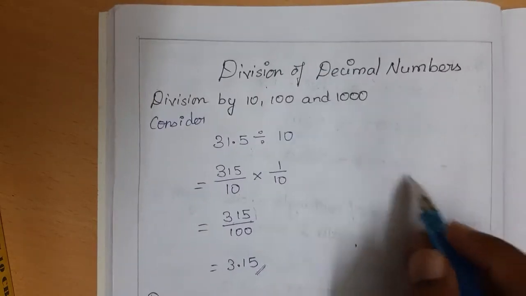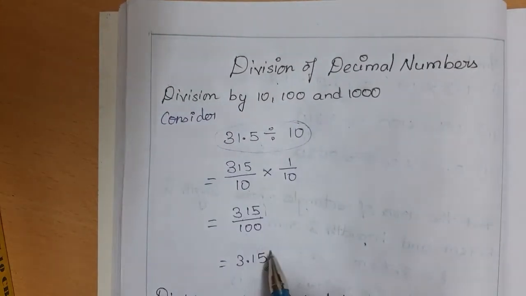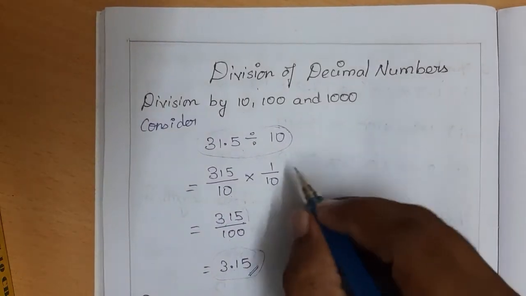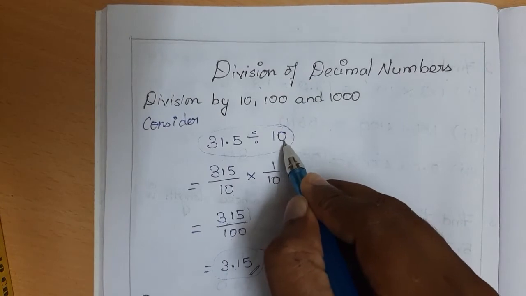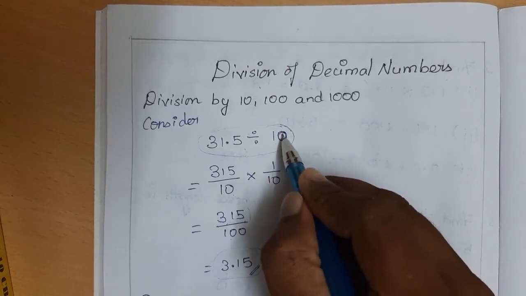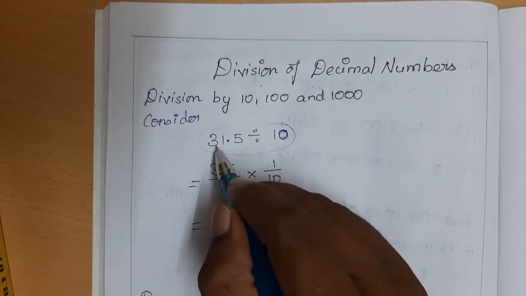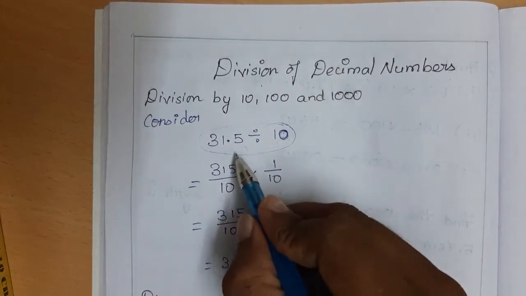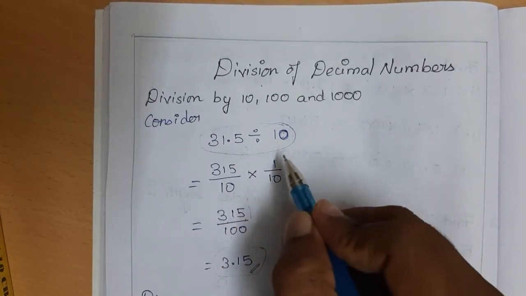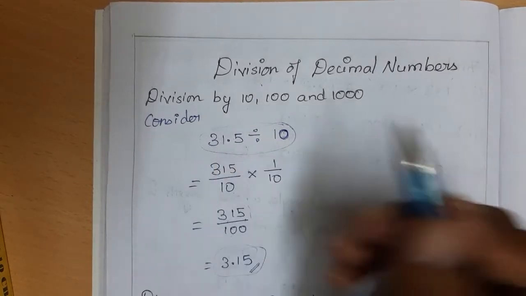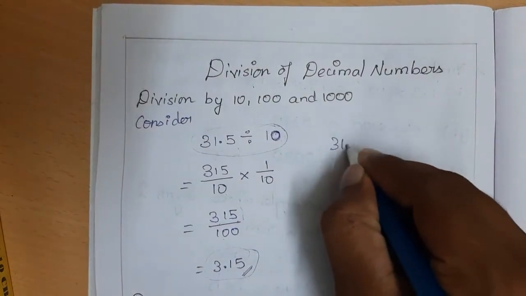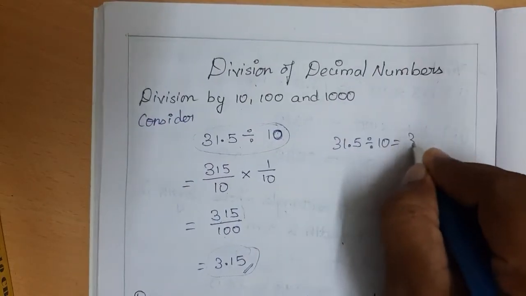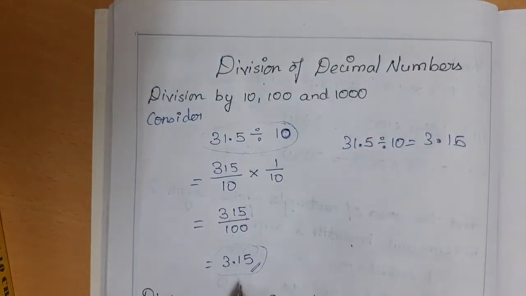But if we directly compare this and this final step, we will see a beautiful thing. There is a 1 0 over the 1 and it's just shifted to the left side. In multiplication, you remember, it is to the right side, right? Division is just the opposite, towards the left side. You can see 31.5 divided by 10, just by shifting to the left side we get 3.15. The same pattern is here.